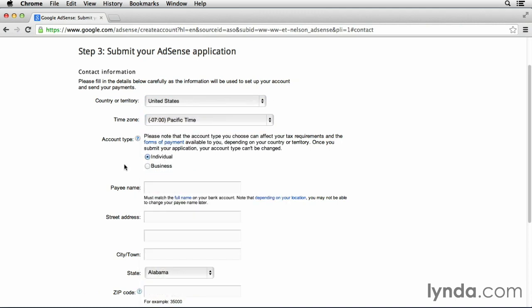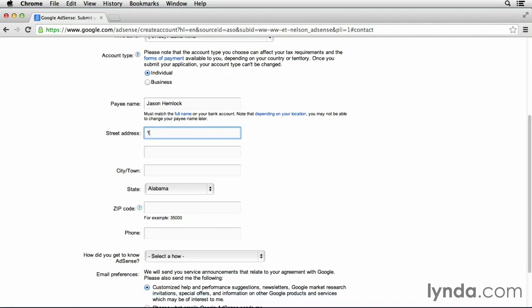We also need to specify whether this is an account for an individual or a business. The main difference here is that if you specify an individual, checks will be made out to an individual. If you specify that it's a business account, the checks will be made to the business. So go ahead and choose the one that's most applicable for your situation. For this example, I'm going to put in, as an individual, Jason Hemlock. Down below, we also need to enter our street address,